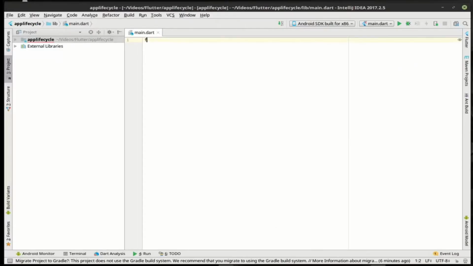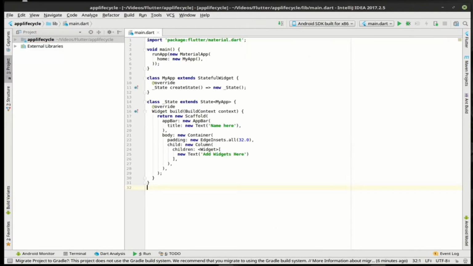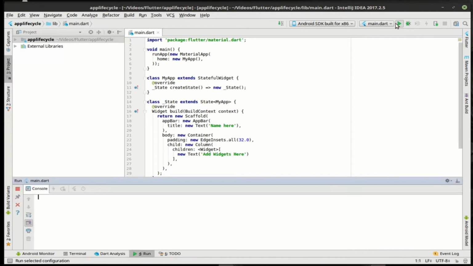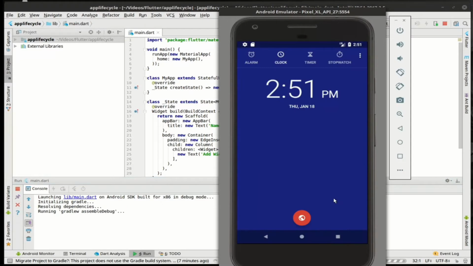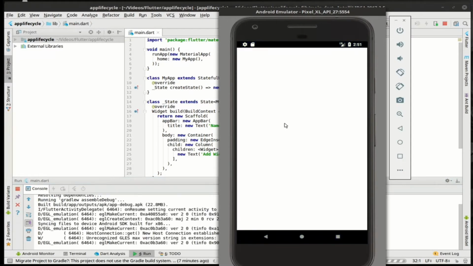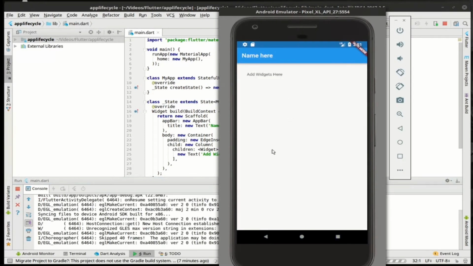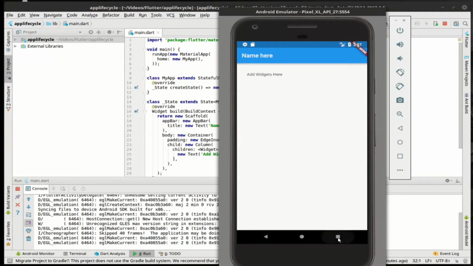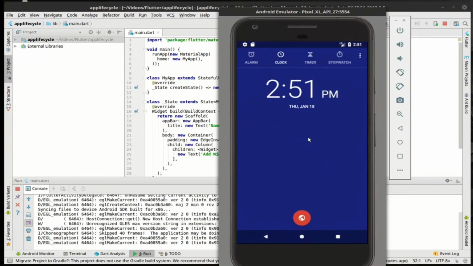All right, so if we just do our live template, we're going to run this. Here you see we have the clock application open. It's going to flip over into our app. So this thing is now running. Now what happens if we go back into that? Well,